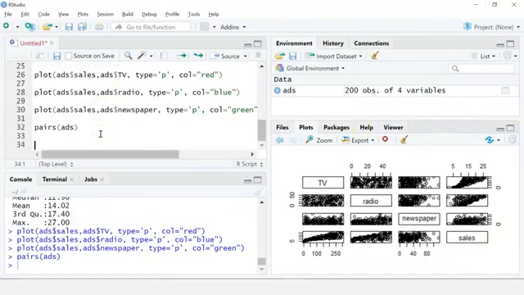Moving ahead, let's check the correlation between the variables and see what insight we can get. We will use the cor function and build a correlation matrix. First, let me go ahead and install the corrplot package. So I'll give a comment, correlation analysis.